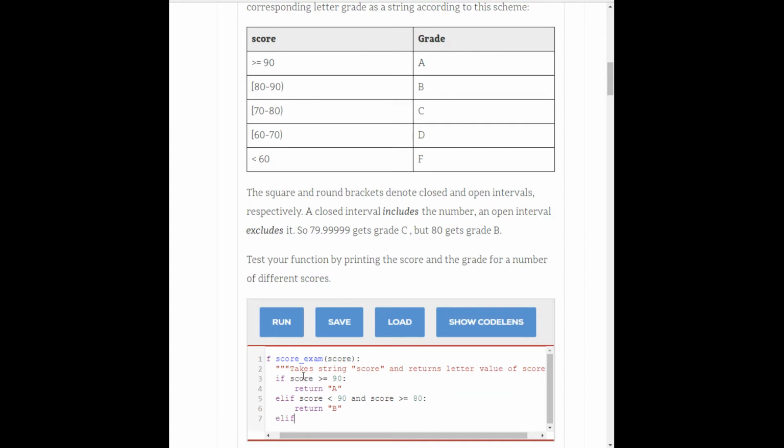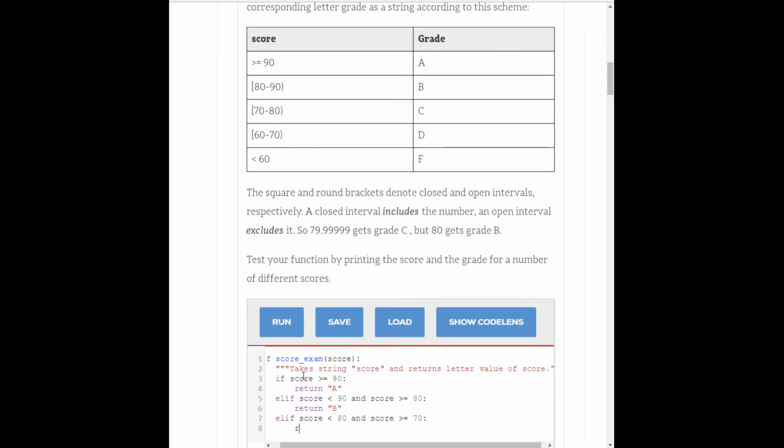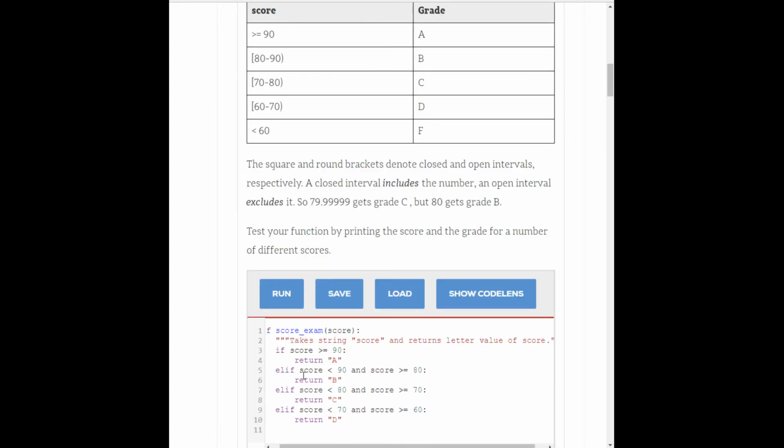Else if score is less than 80 and score is greater than or equal to 70, return C. And then of course this will look exactly the same, but with 70 and score is greater than or equal to 60, return D. Else